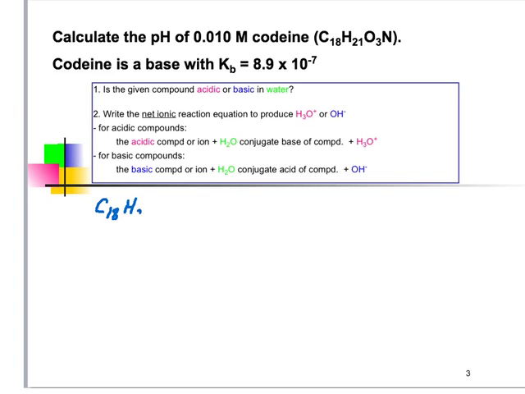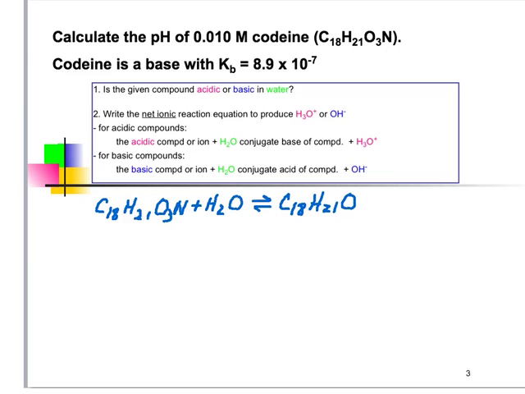C18H21O3N. The reaction is going to go plus water. You're always putting water on the left side here. And then you're going to produce the compound on the right, which is the conjugate acid of the base, if you have a base. So that's C18,